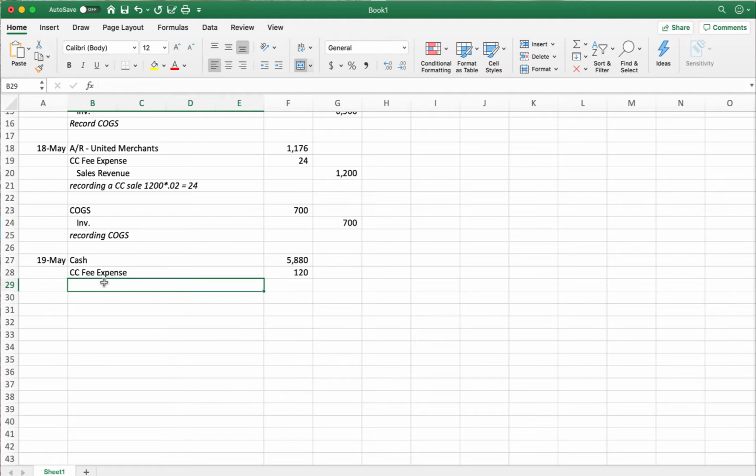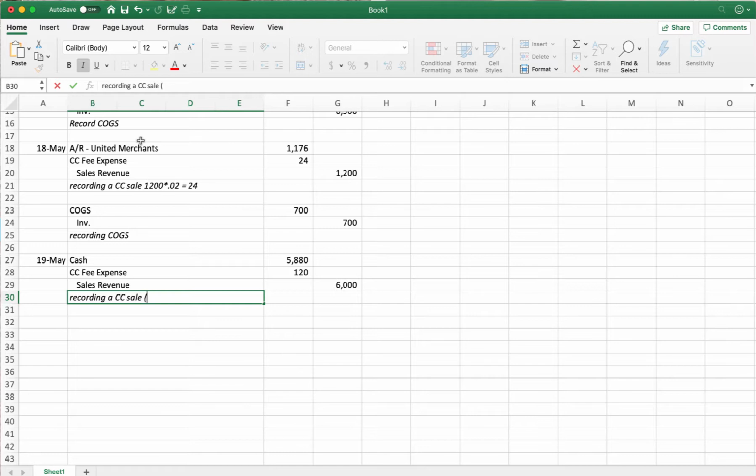I need to credit my inventory, credit sales revenue for the $6,000. Notice at the end of this transaction, debits and credits always have to equal, right? So if we add our $5,880 to the fee expense of $120, that's $6,000. That matches the sales revenue, okay? So now I need to put in an explanation, right? What am I doing here? Well, we're just recording a credit card sale. And again, I'm going to put in how I calculated that fee: